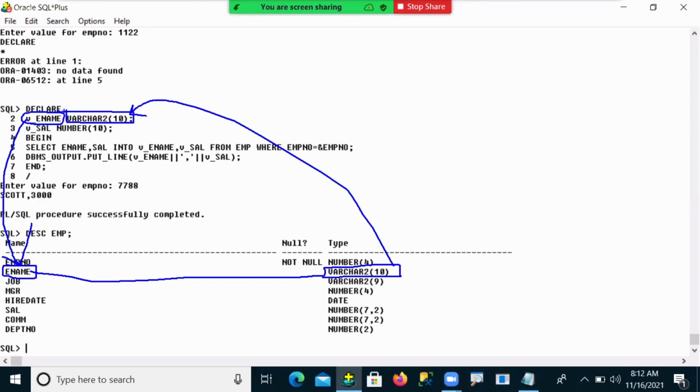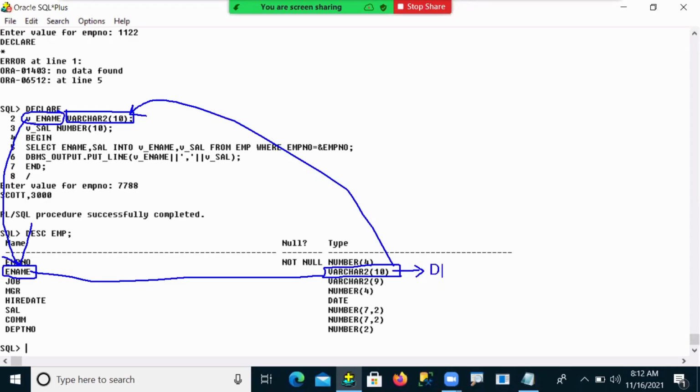That's fine. So guys, just observe. Suppose in the future the user changes this data type. Suppose it is changed to a date data type.